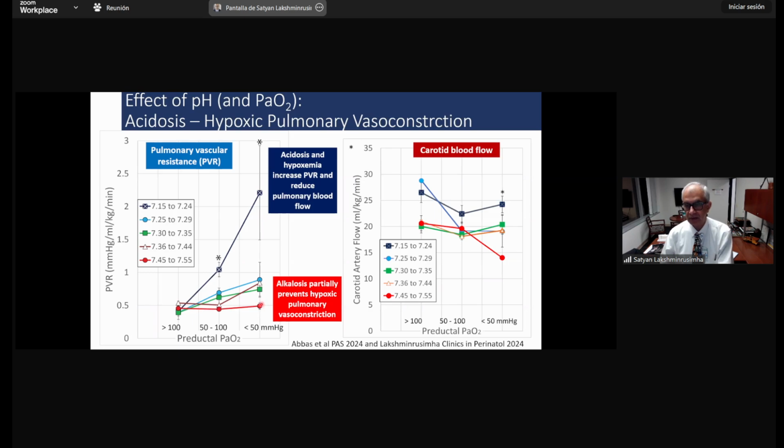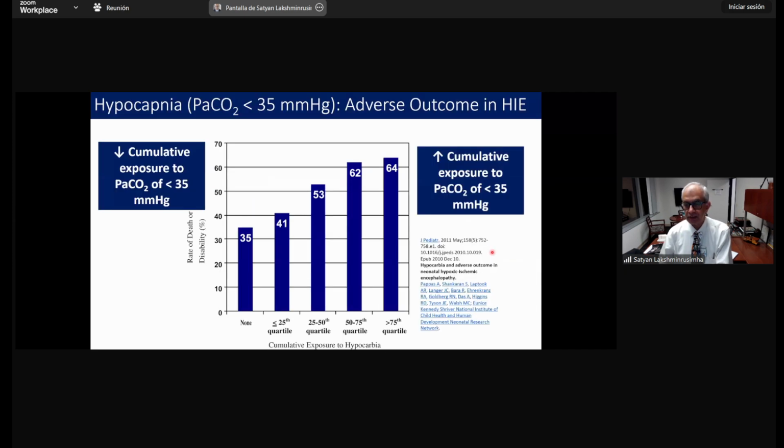On the other hand, if you maintain alkalosis, then even hypoxia does not cause much hypoxic pulmonary vasoconstriction. But the problem with alkalosis is that whenever you have alkalosis, you tend to decrease your cerebral blood flow or carotid blood flow. And that's the reason why alkalosis should be avoided in babies undergoing therapeutic hypothermia with HIE and PPHN. And this was confirmed by Athina Pappas and her colleagues